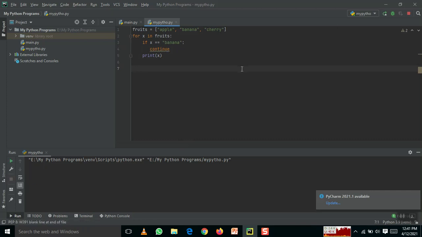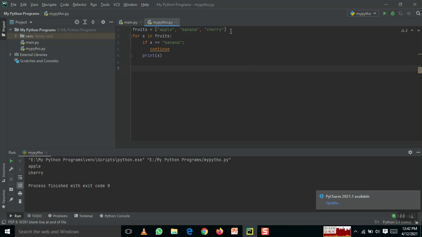When I give continue, what happens? When banana comes in, it will skip that banana. So here it will come into the for loop if condition. Okay, it will skip it, and again it will continue.